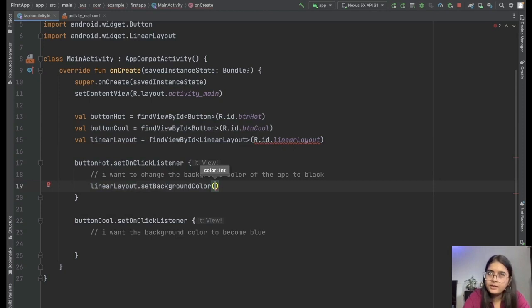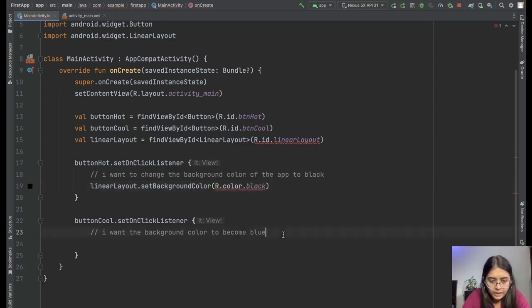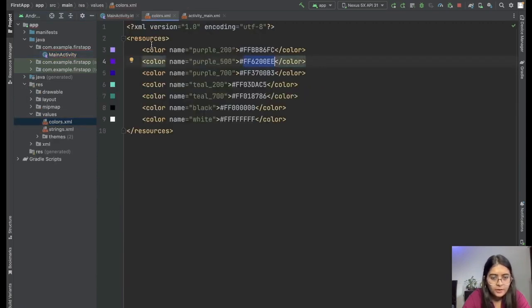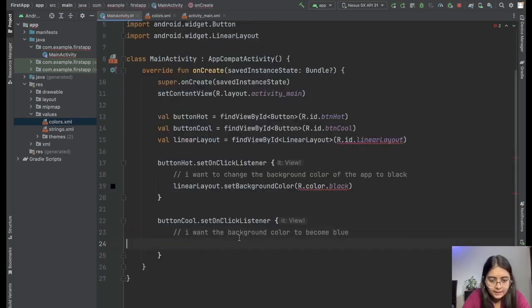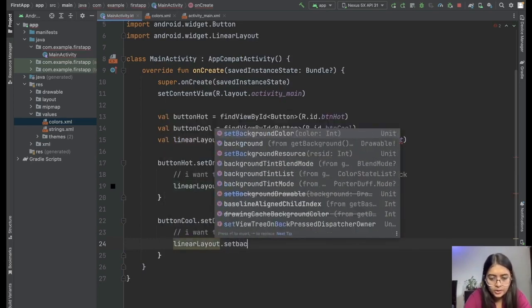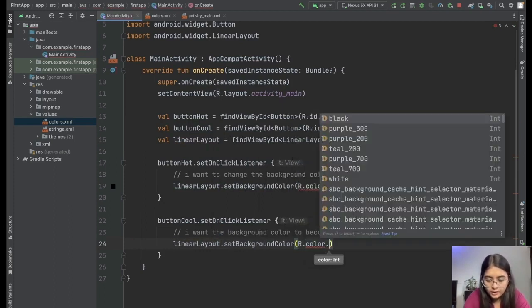To pick the background color, either I have to remember the hash code kind of thing, or I can use R.color dot whatever color I want to use. For this I want to use black, right? That was the purpose of this resource, then values, then colors.xml file. You don't have to remember all the codes, you can just directly use them. And then again linearLayout.setBackgroundColor, and here I want to give R.color dot,